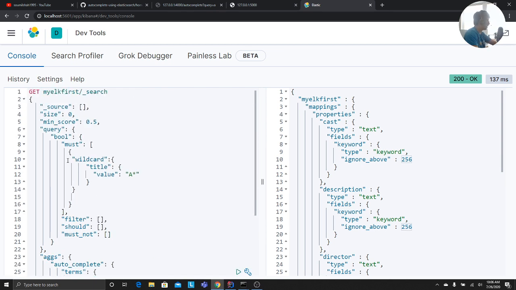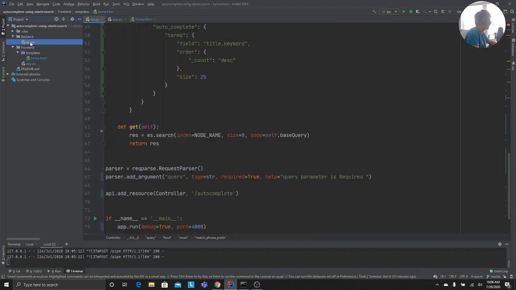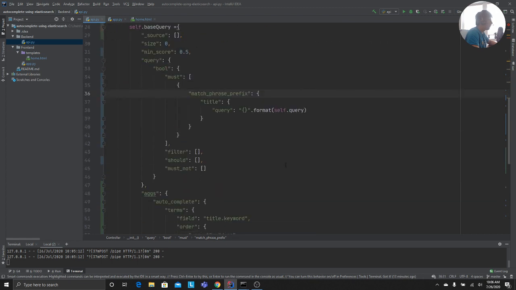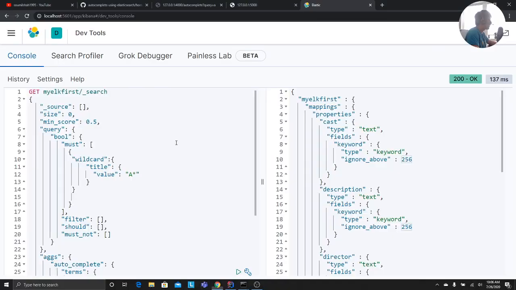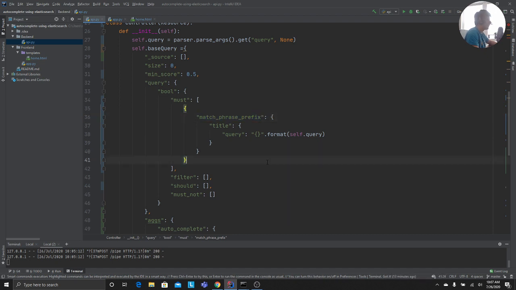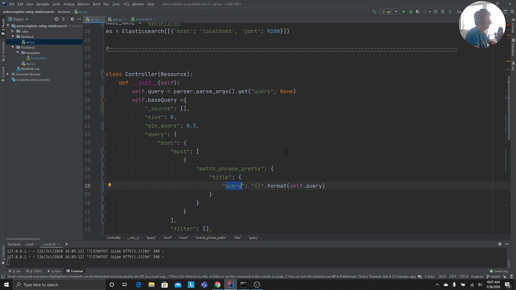Now that's our backend. Now we need to develop a REST API to do this job. So we'll come to IntelliJ. I have two folders, one called backend. If you observe, I'm using a match phrase. There are two ways of doing an autocomplete system, and this is part one. In this, I'm going to show you the match phrase prefix query. The field name is title, and the query is whatever the user types from the front end; it's going to come here.